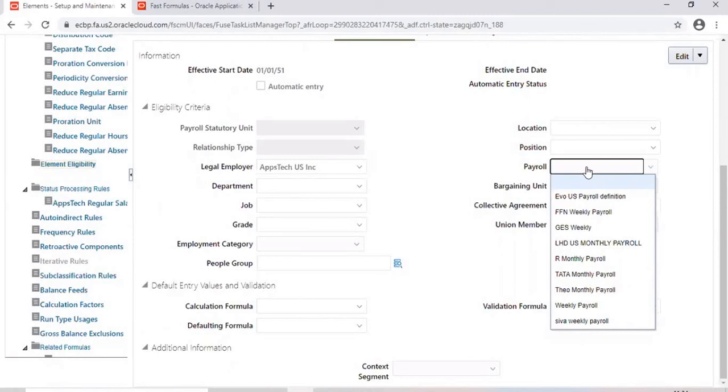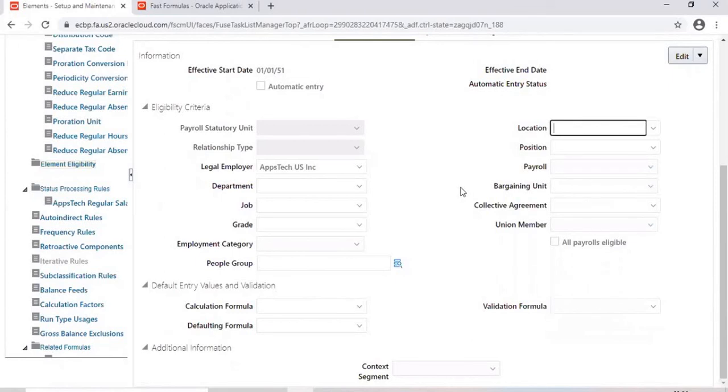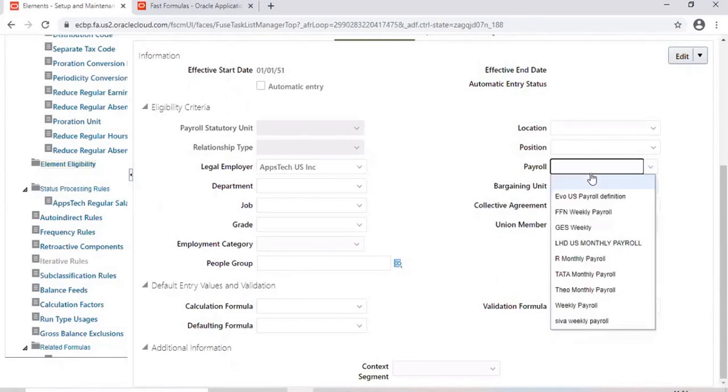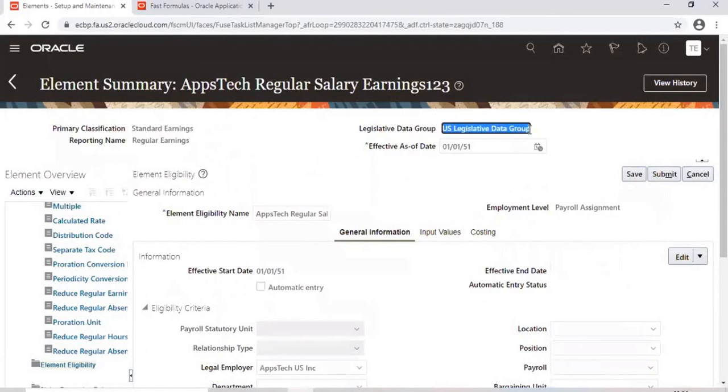What happened to the payrolls? The payroll should come here. Oh, okay, fine. Because we have defined the payroll from 1/1/2019, that is the reason the payroll is not showing up.